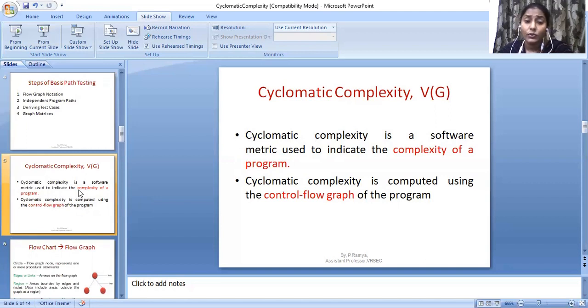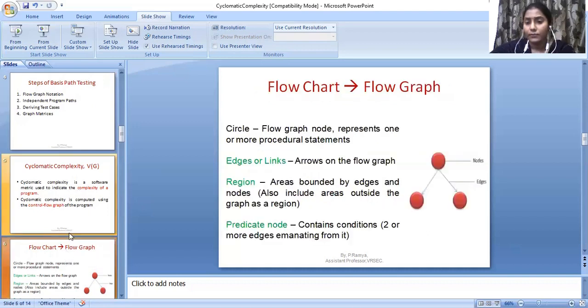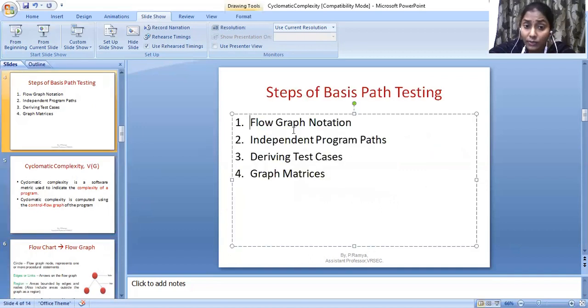Similarly, if you are trying to calculate the complexity of the program, first you have to convert that flow chart into a flow graph. The flow chart is the same old thing that you know, which consists of a circle, a rhombus for decision, a parallelogram, and a rectangular box. That is the flow chart that you always know, right? So how do you convert this flow chart to a flow graph? That is your first step.